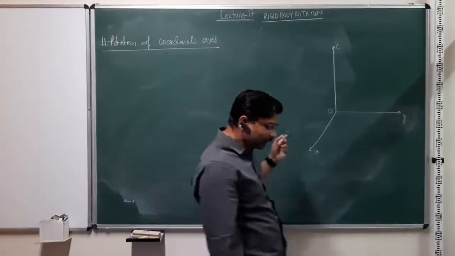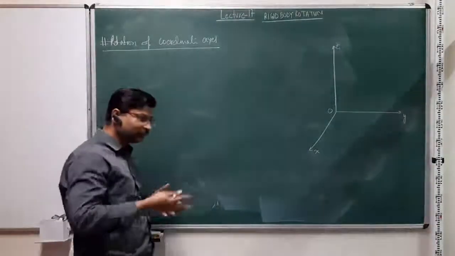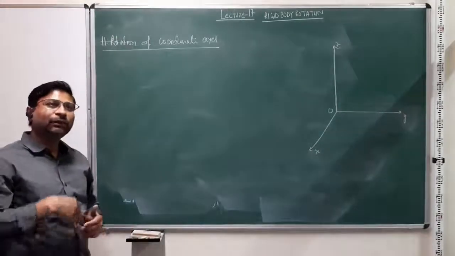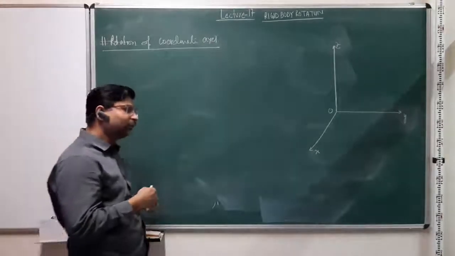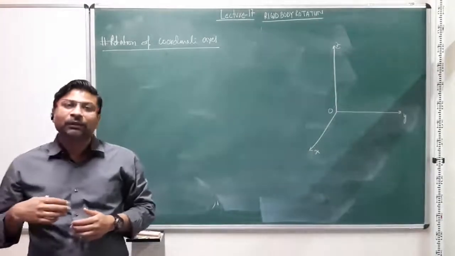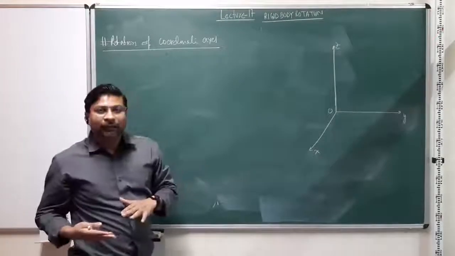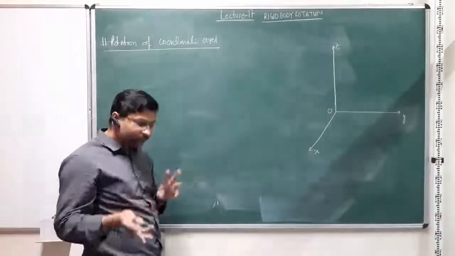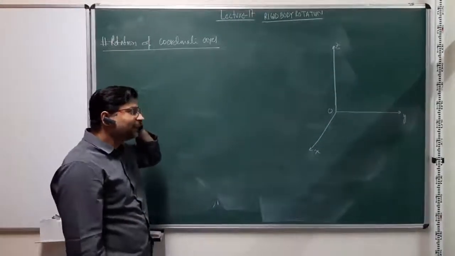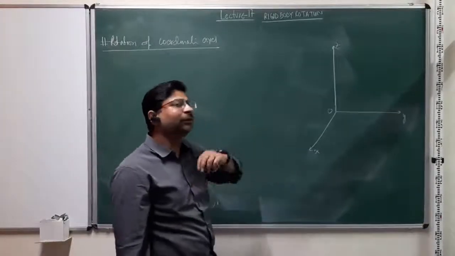And why I'm doing this is because, just like we discussed rotation of a vector in the same reference frame, sometimes it's easier to look at the same problem not as rotation of the vector quantity which is under observation, but as rotation of the coordinate frame about that vector quantity. Both should give physically exactly the same result. However, it's just the nature of the problem which might seem simpler or easier to understand in terms of rotation of the coordinate frame rather than rotation of a vector.